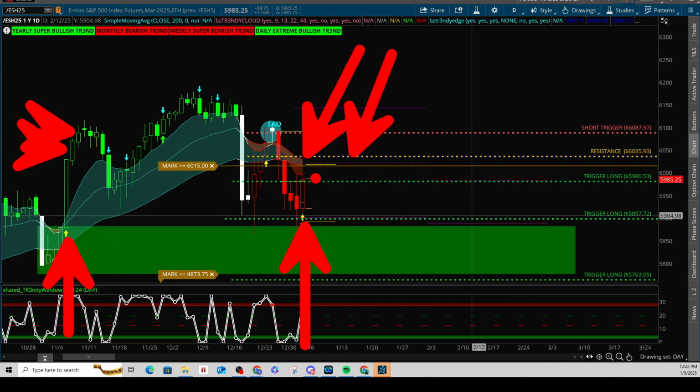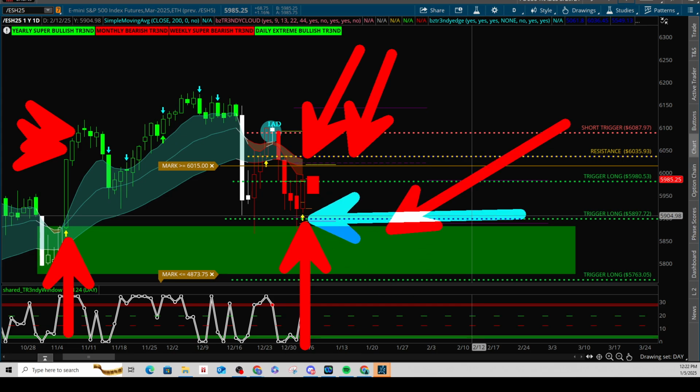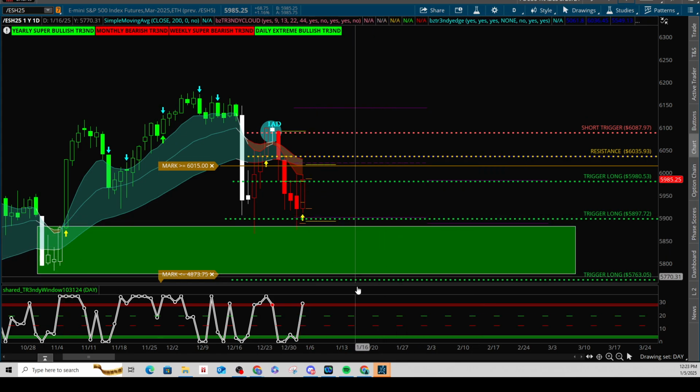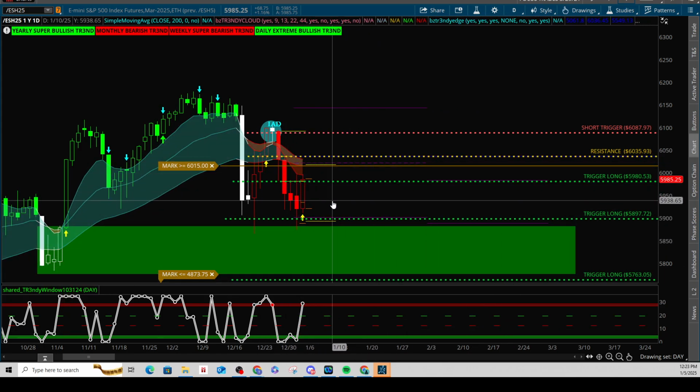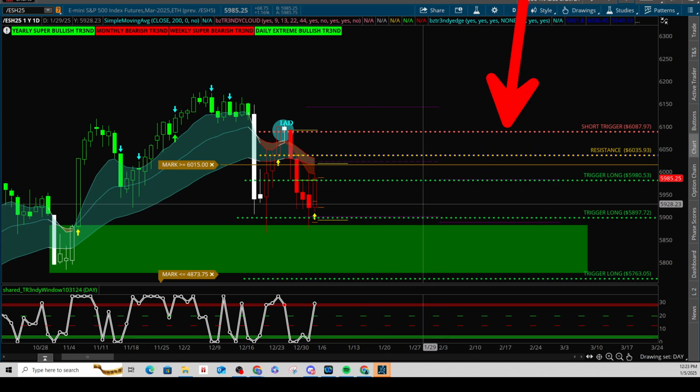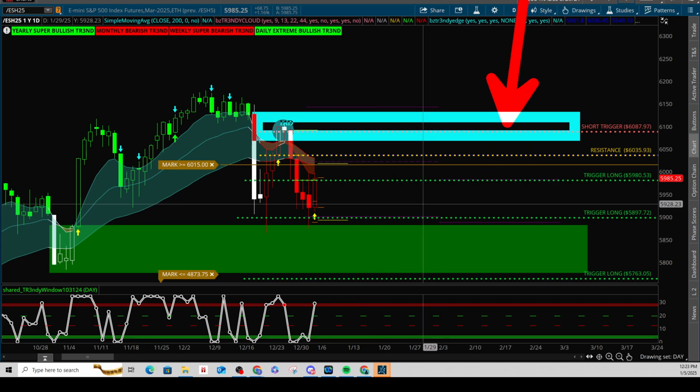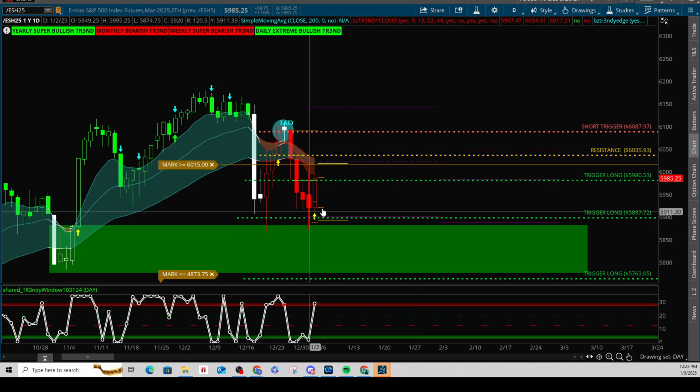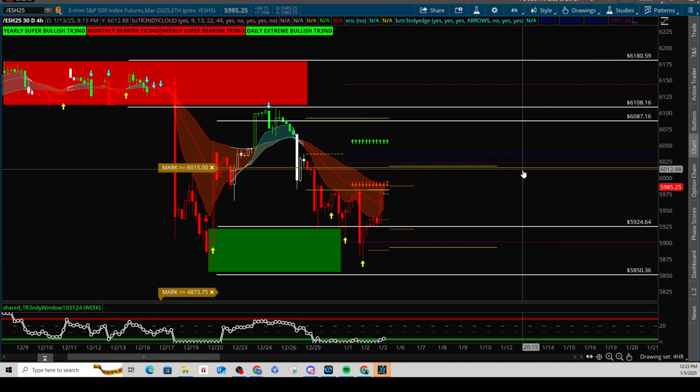Now, in a perfect world, you don't wake up and see a huge gap up. You actually see a pullback and then you buy that dip based off of the fact that we came into demand and that we have a turn signal, and then you look to go long. Again, on smaller time frames. These are the notes that I wanted to identify on the daily. And then up here on your short trigger, you can see that it's identifying the inside and down formation there. Our next time frame is going to be the 4 hour.